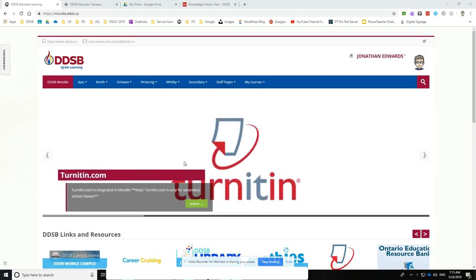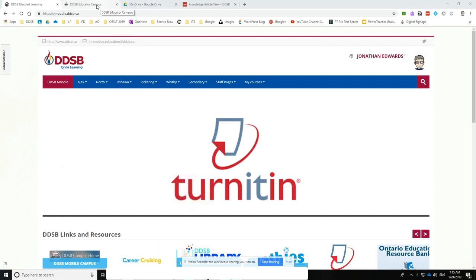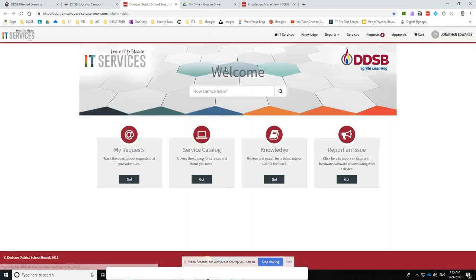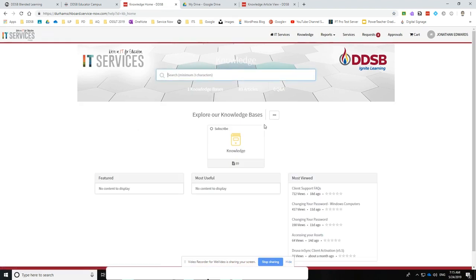Before I show you this procedure, I do want to bring to your attention some of the resources and documentation that we already have available. If I go under DDSB's Educator Campus, which is at teacher.ddsb.ca, under the IT Service Desk link, if I am here in our new service now, there's a link here called Knowledge. This is the knowledge base. If I just do a search here for Moodle,